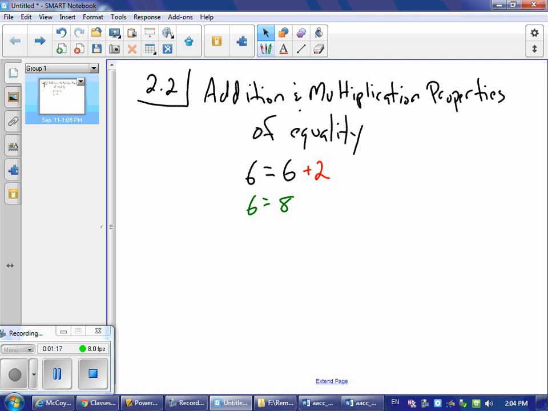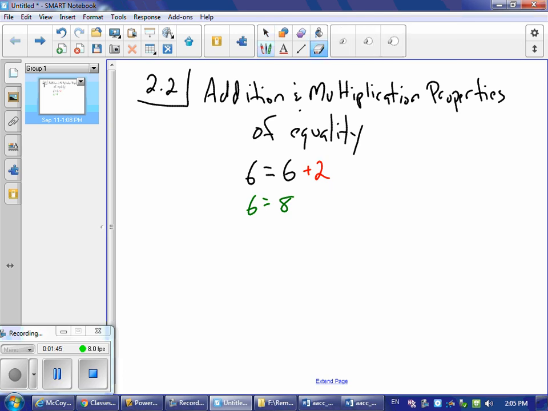And the basic idea behind this, and this is the same for both addition and multiplication, is that if I add something to one side of the equal sign and I don't add the same thing to the other side of the equal sign, I am now creating a statement which is not true. I am unbalancing the equation. So what I need to do is, no matter what I do to one side of the equal sign,